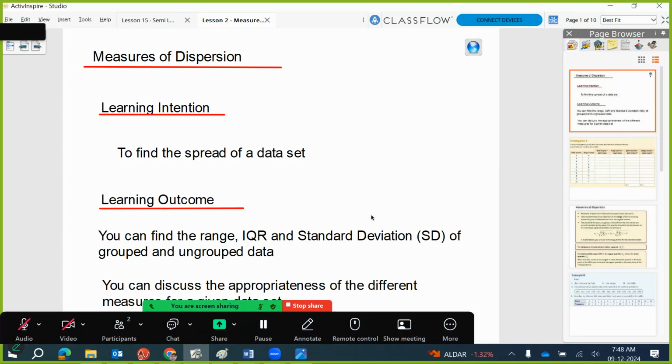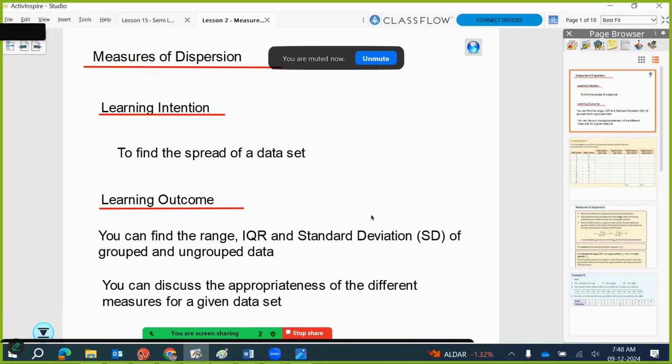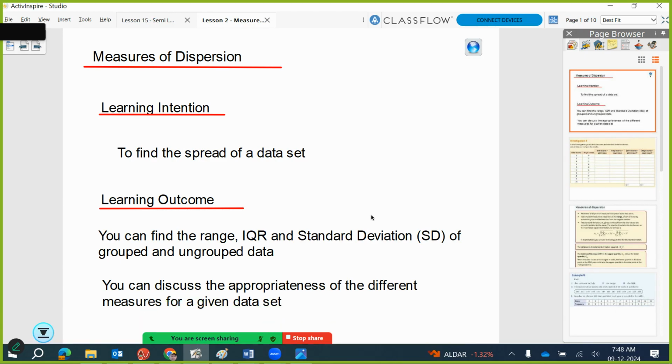Okay, today our goal is to look at measures of dispersion. The basic idea, last time we looked at the measures of central tendency. So you get a set of data, and last time our goal was to find where's the center, where's the